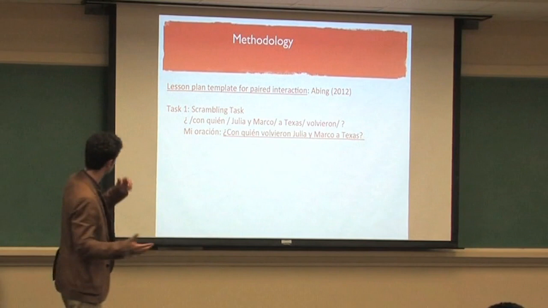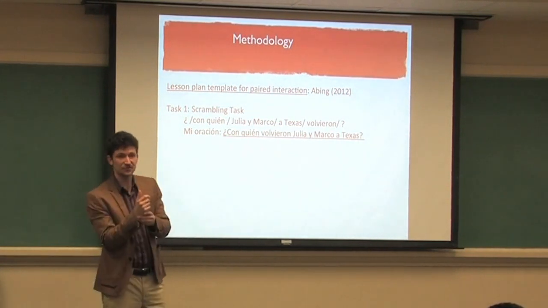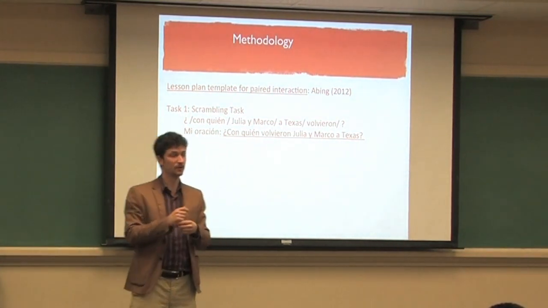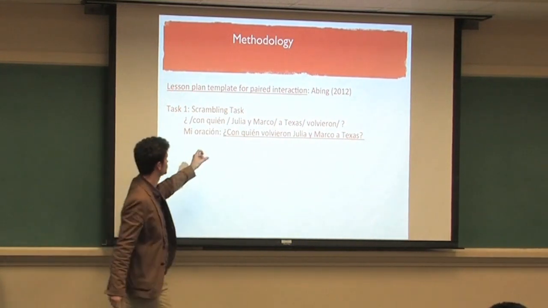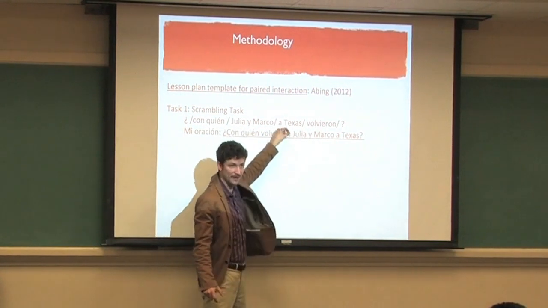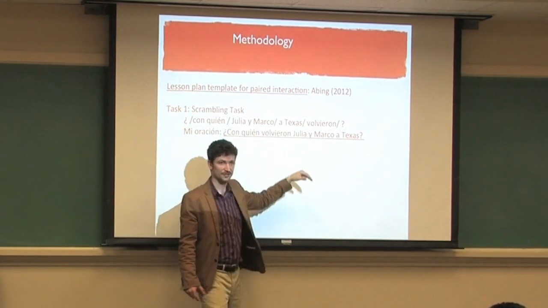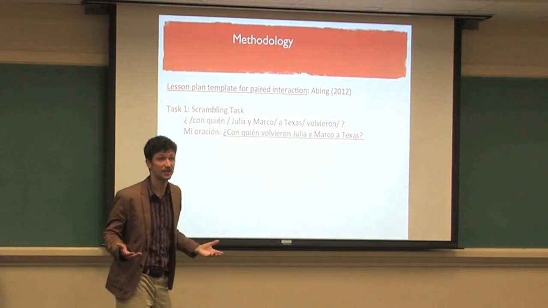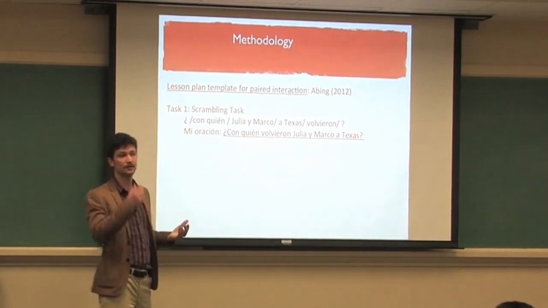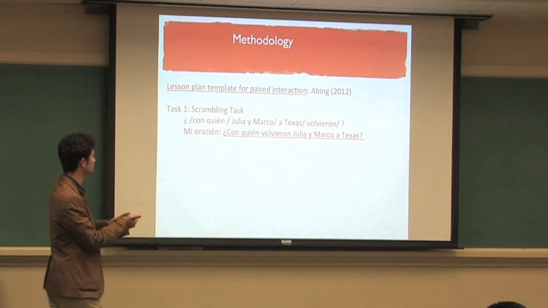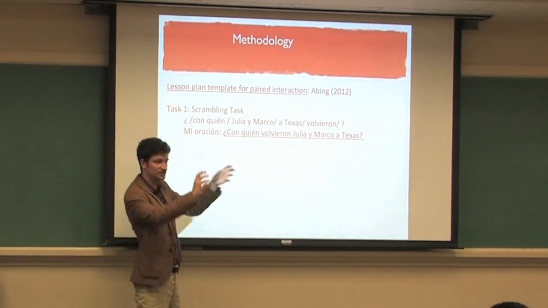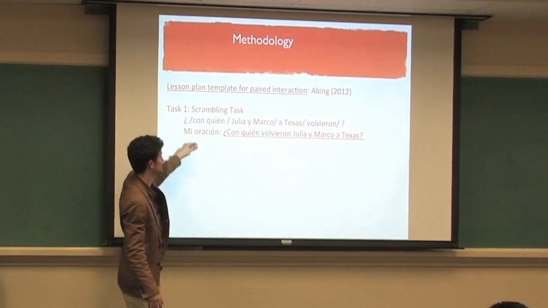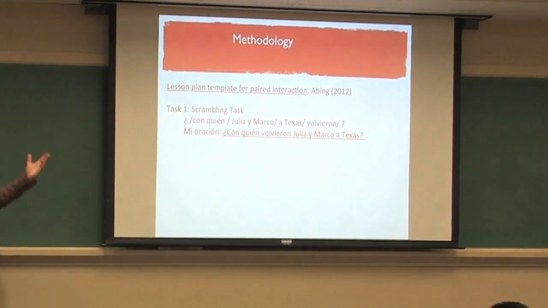It begins with a scrambling task, or almost a dehydrated sentence task. In experimental tasks, it's known in many instances under that name. The only difference is you can take little elements and have them add them in when they're forming their sentence. You can leave the verb unconjugated. These are all things you can even look at in terms of your research and classroom interaction. But we wanted to focus on word order and subject, verb, and version. So everything's given, except the words are out of order. We asked them to respond in the most logical way, they deemed